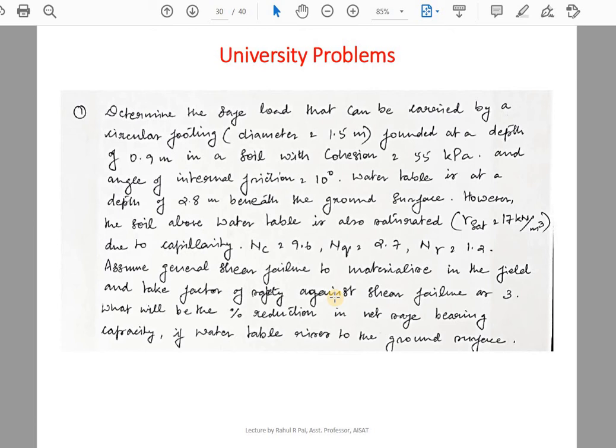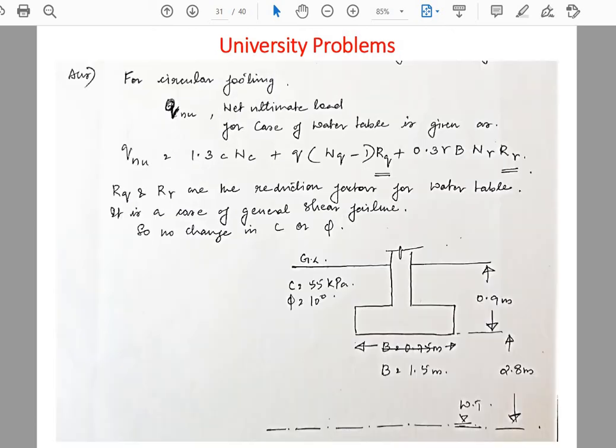So this is the question. In order to understand the question, let us see this figure here. So here you have a footing. It is a circular footing. It has a width of 1.5 meter. The soil properties I have written here. This is the ground level, and it is founded at a depth of 0.9 meter from the ground level. So this is the base of the footing at 0.9 meter, and then the water table here is at a depth of,